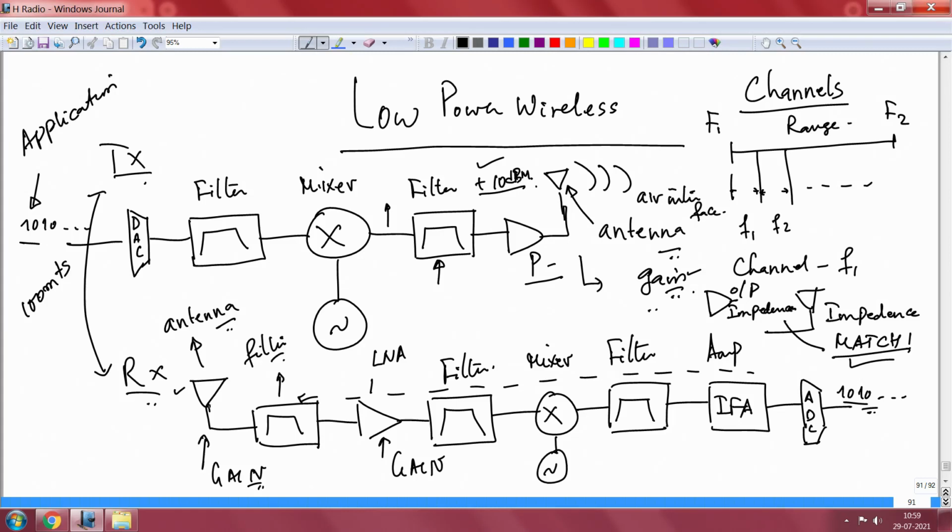So, this is mind boggling, right. You just go back and look at this picture. Again here, same problem: this will have a certain impedance, this guy will have a certain impedance. In fact this may be a passive filter. Unless you do proper impedance matching, and in fact this may be performing that activity also, it may be doing a matching and then giving it to the low noise amplifier.